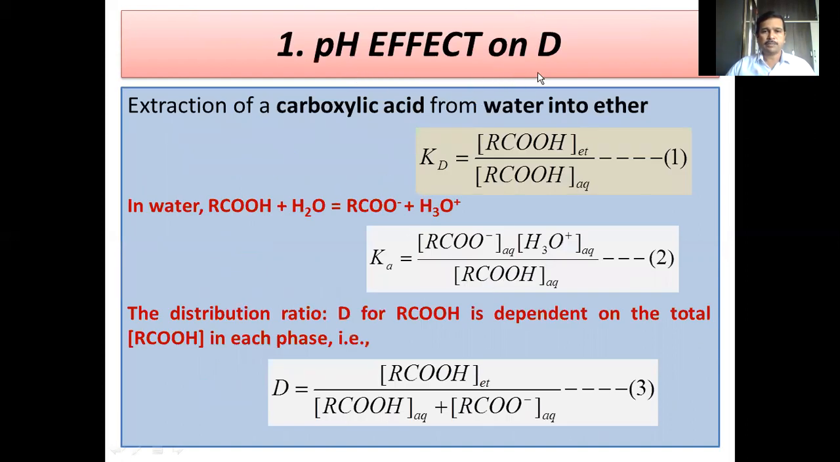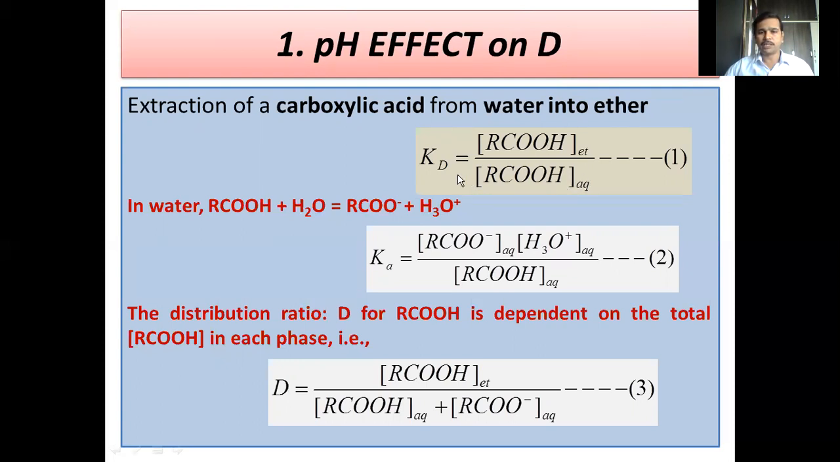First, let me take pH effect on the distribution ratio. So let me consider a carboxylic acid. Whatever the carboxylic acid you consider, it may be monocarboxylic acid or dicarboxylic acid or tricarboxylic acid. And if we are intended to extract this carboxylic acid from water into ether, we can write from the Nernst partition law that the equilibrium distribution of this carboxylic acid will go according to